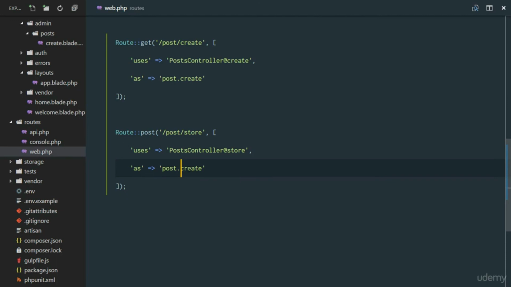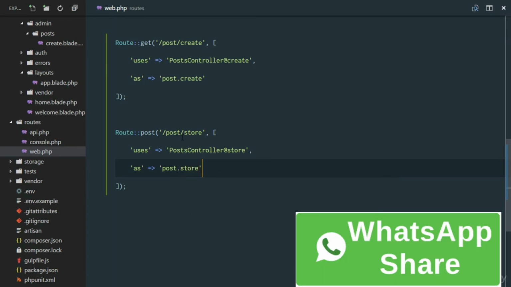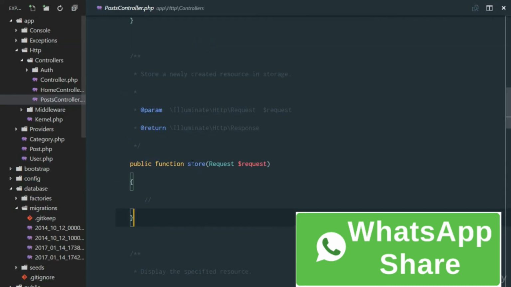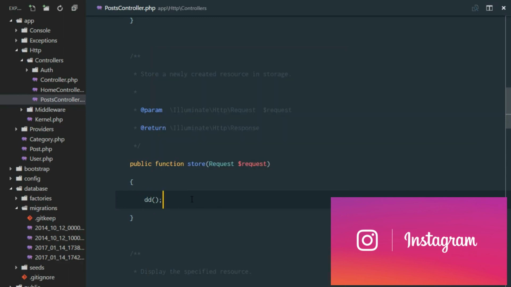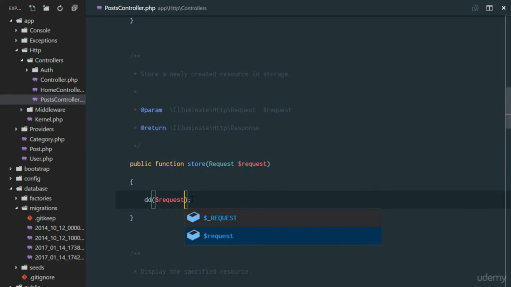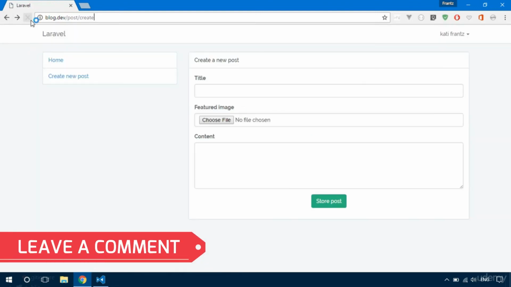Okay, so right here we're not going to call it post.create, we're just going to call it post.store, even though we might not actually use the names, but let's just make it good practice to always name our routes. So that's it, we are submitting to that route. So let's go to our post.store and define what happens as soon as we receive that. So I'll say die dump the request that you receive, but just get an array of everything in it and show me. Okay, so I'll refresh this page,